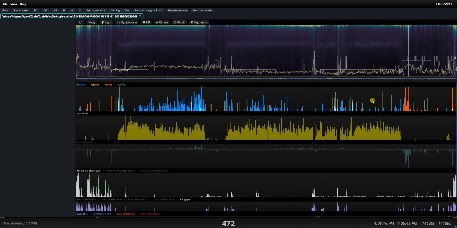So anyway, one of the most useful plots is the plots of delta waves in blue against rapid eye movements in orange, against slow eye movements in this beige color. And you can see that the sleep onset there works quite well. Now, some people have very strong delta waves, and you will see a nice full envelope here, but that's not always the case, and that's why you can't just use delta waves to